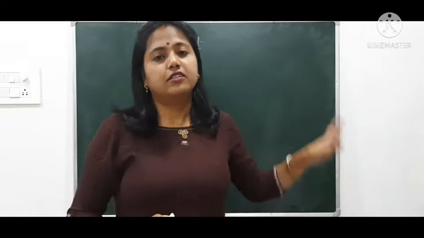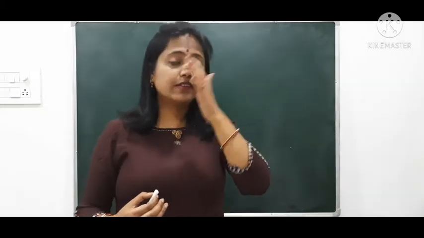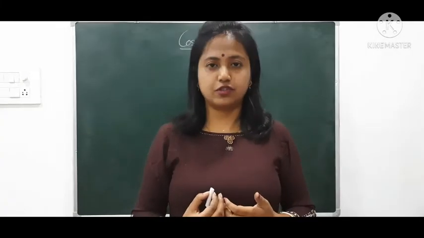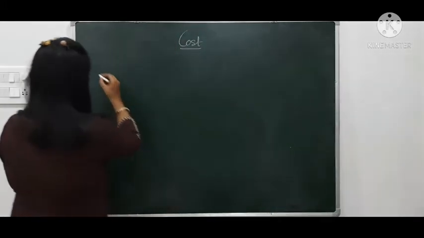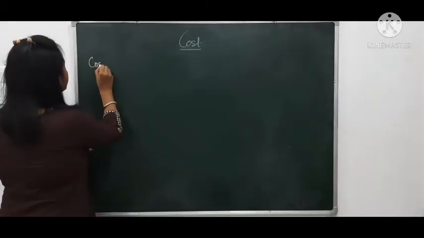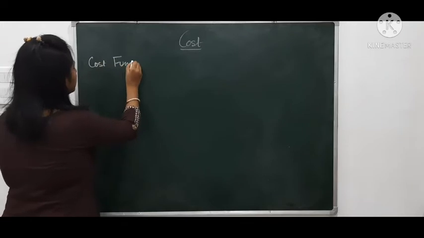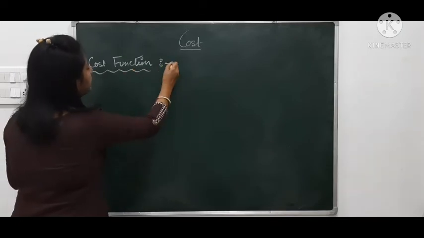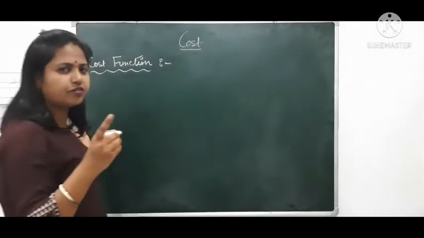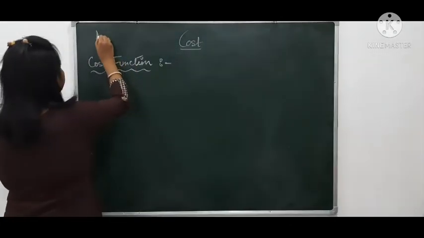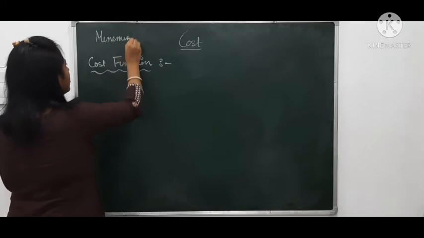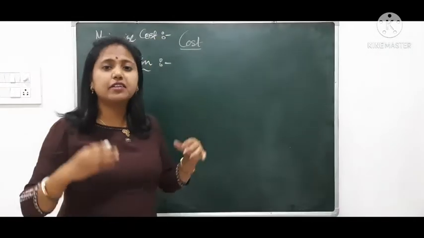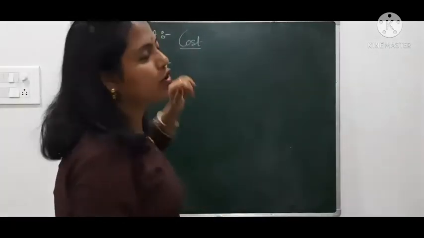So we have seen the different concepts of cost, and I think this much sets the ground for us to go further and understand several other concepts of cost. Before that, let us understand something called cost function. Remember, in economics, our objective is to minimize the cost. We want to minimize the cost because we want to attain our goal of maximizing the profit.